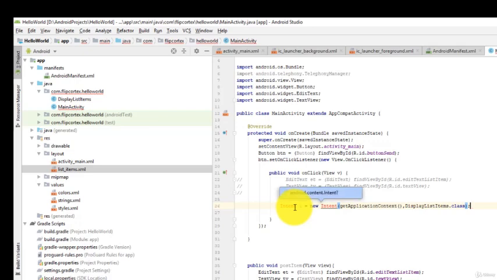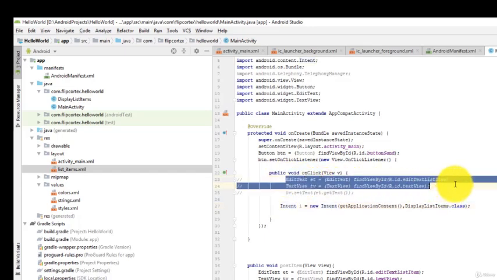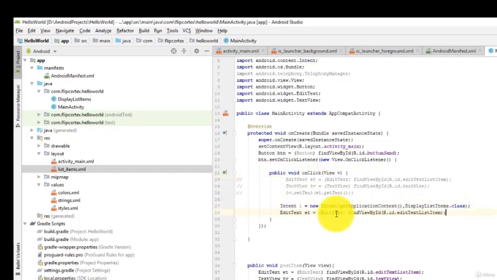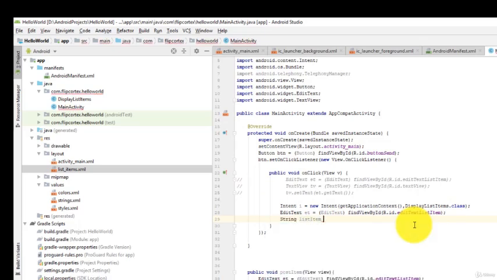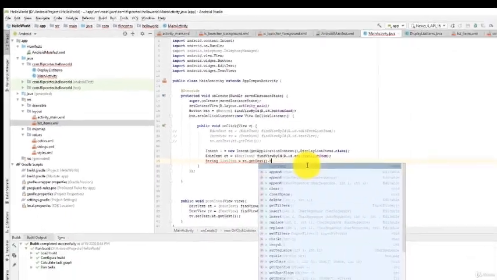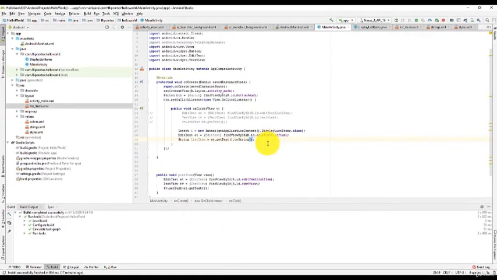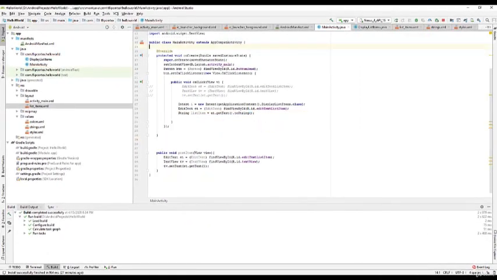Then we're going to get the text from the edit text, like we did earlier. Define a string listItem and call this et.getText, and convert this to string. Now we have our list item. Next, we're going to pass the string to the new activity by using putExtra.